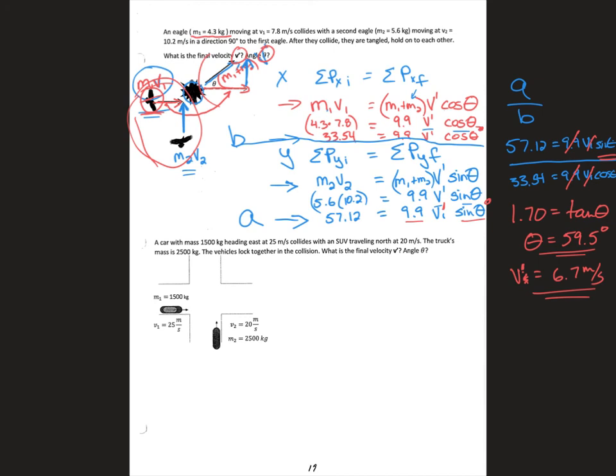The bottom of this page is almost identical, and so I'm going to challenge you to do that one. I will be posting the answer to that one a little later today. Okay, if you are a remote student, which you should be watching this if that's the case, I'm going to then challenge you